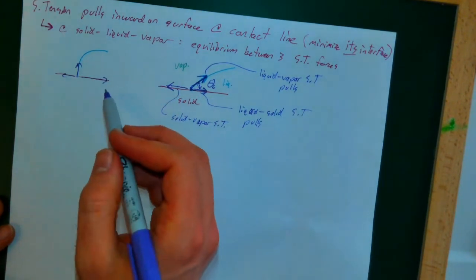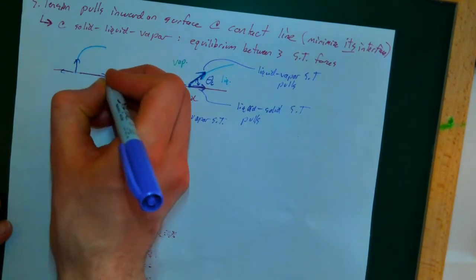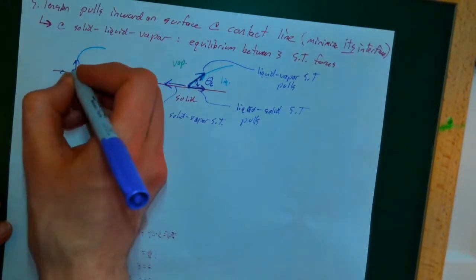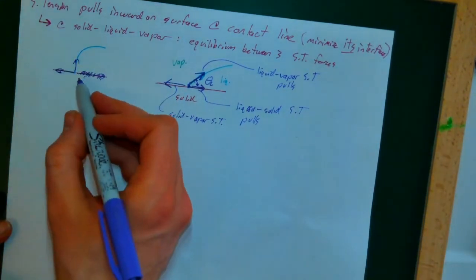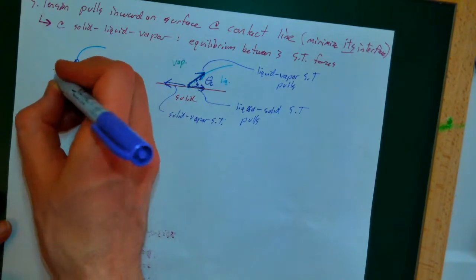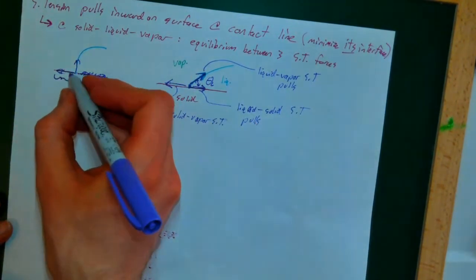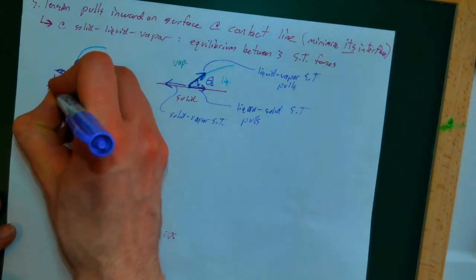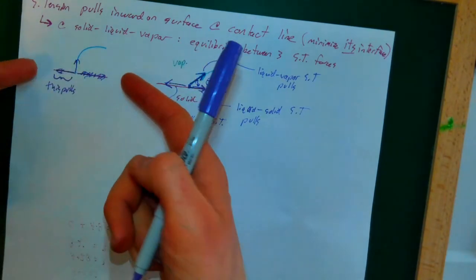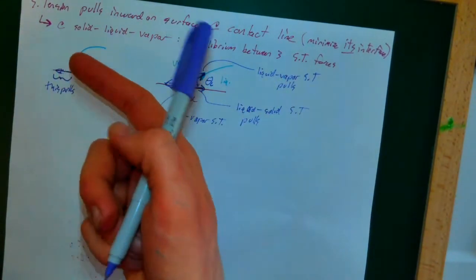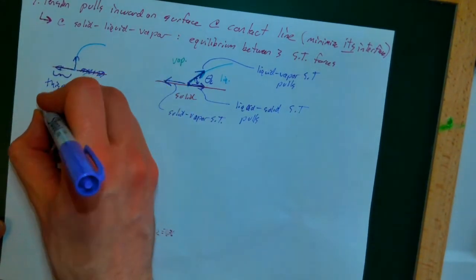Oops, sorry, I drew this wrong. Ignore this. Right, so let's say initially this one's pulling up like this, this one pulls out like this. Initially this is out of equilibrium. If the contact angle is too big, then this pulls that edge of the droplet outward until it's at 45, at its equilibrium